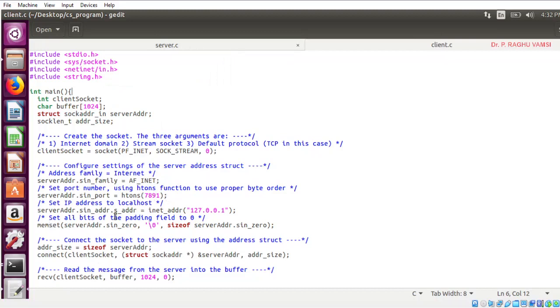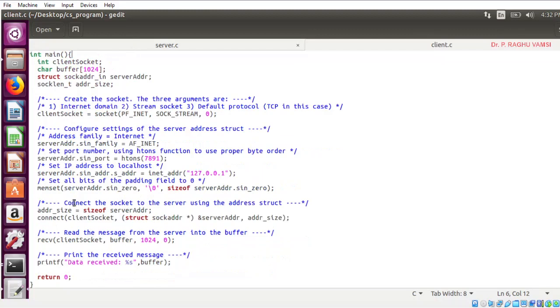Server address is the localhost address, that is 127.0.0.1, and memory is to be set with all padding with 0. The same operation that we have done in the server has to be done here. Next is connect the socket to the server using the address structure. address_size is equal to sizeof server address. Connect of client socket, with the same size allotted.